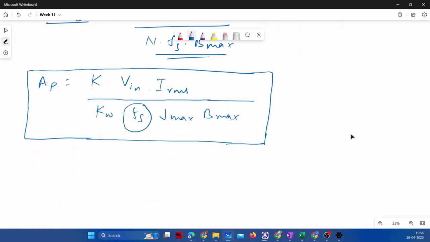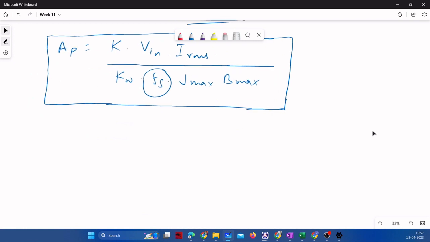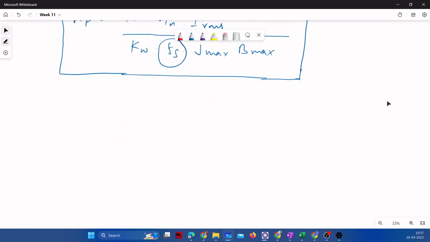Right, so based on this expression, I am posing a problem of design of a transformer with a forward converter and you just try to solve it on your own. It is not a tough problem, it is a very easy problem just based on the expression. So you just need to design a transformer in a forward converter